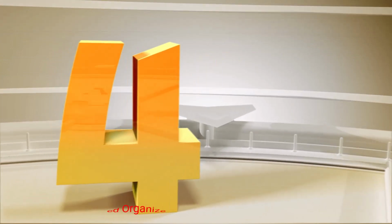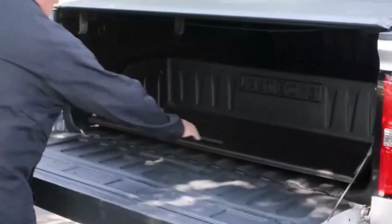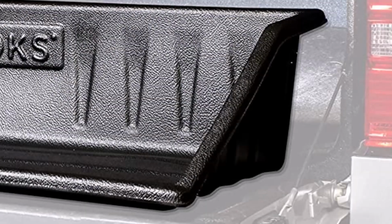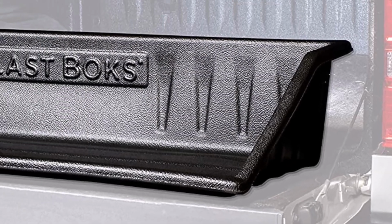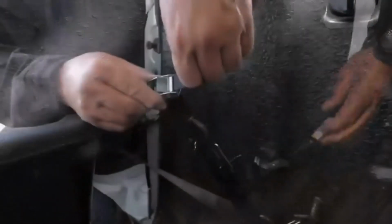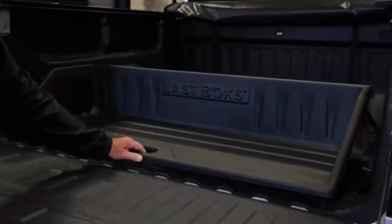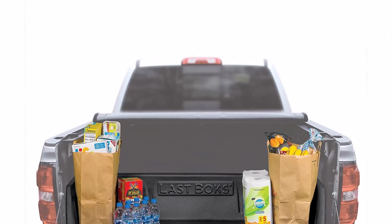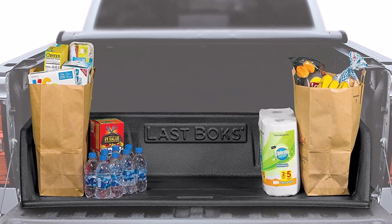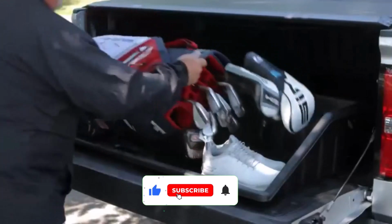Number 4. Last Box Truck Bed Organizer and Storage Box. Looking for a compact and practical storage solution for your truck bed? The Last Box Truck Bed Organizer and Storage Box has got you covered. This sleek and versatile organizer is designed to fit perfectly in your truck bed, providing ample storage space while keeping your belongings safe and secure. With its modular design, this organizer offers excellent flexibility. The removable dividers allow you to create customized compartments based on the size of your items, ensuring efficient organization. The lid can also be used as a tray, providing a convenient surface for smaller items or for temporarily holding